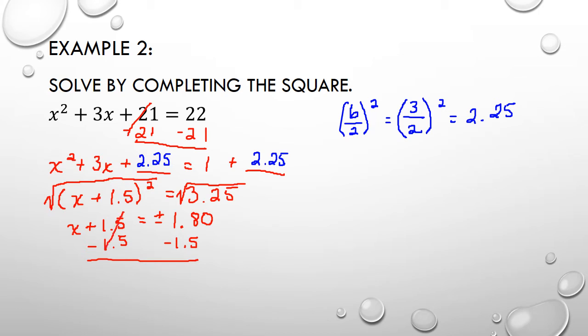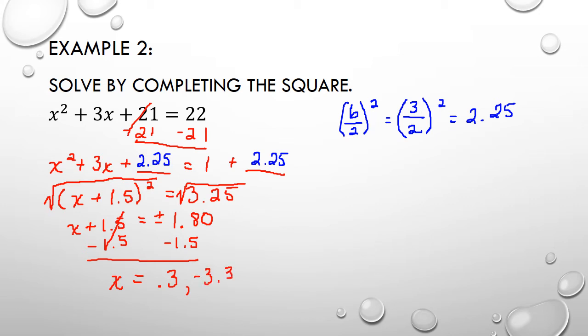Those are going to cancel out, and we get x equals. So now remember, you've got two problems here. We've got a positive 1.8 minus 1.5, and we've got a negative 1.8 minus 1.5. So let's go ahead and do the positive first. 1.8 minus 1.5, and that gives us 0.3. And then the other one, that's going to be a negative 1.8 minus 1.5, and that gives us negative